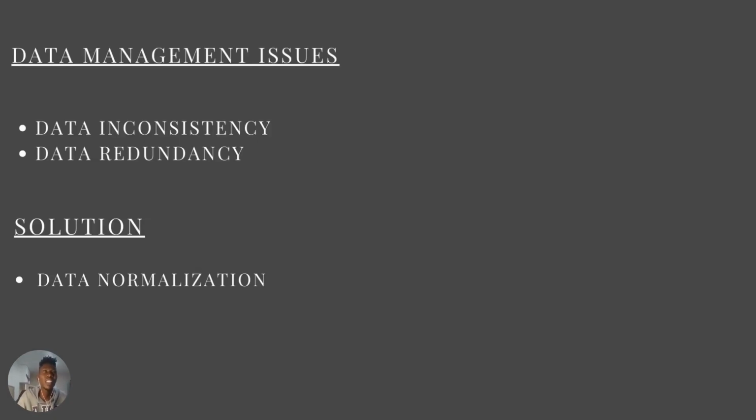So for the data management issues that we had to be aware of when we were designing the database, we had to mitigate data inconsistency. We also had to deal with data redundancy. The solution to these two issues was to implement data normalization from the first normal form to the third normal form, which means that